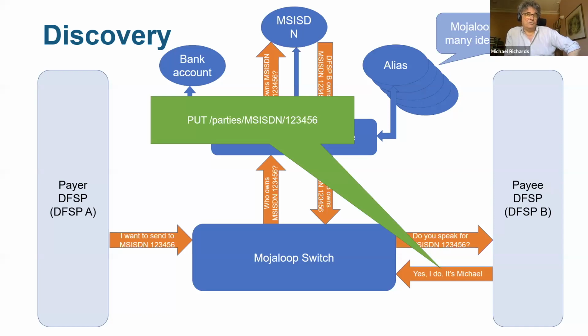Most of the calls in the Mojaloop API have facilities to add additional information that's required by particular schemes. So we have what are called extension lists that can be used by schemes. Essentially, they're just key value pairs. They can be used to pass other types of information back and forth between parties.